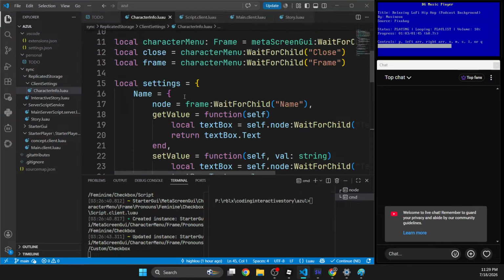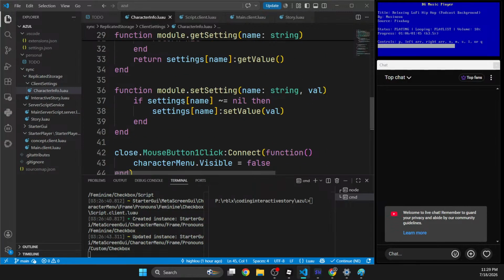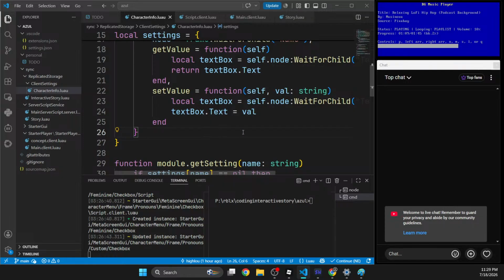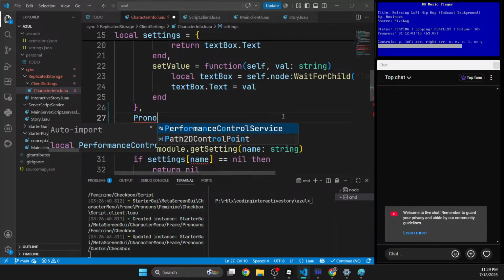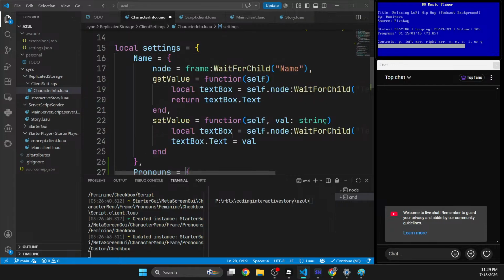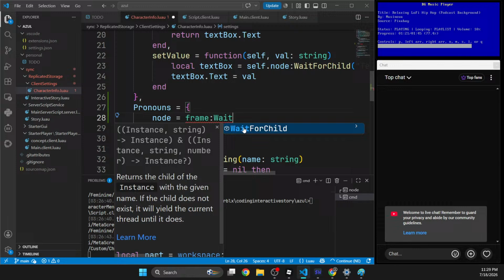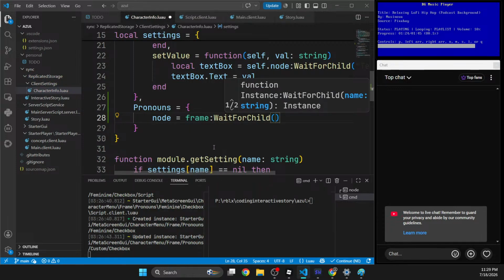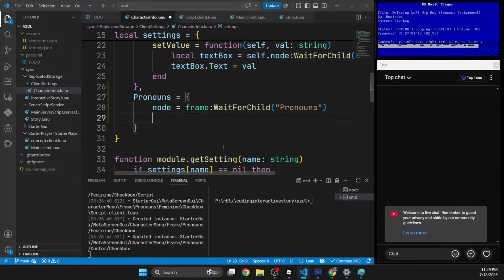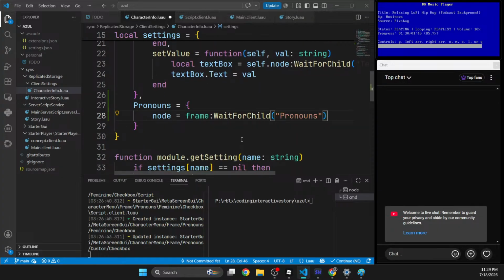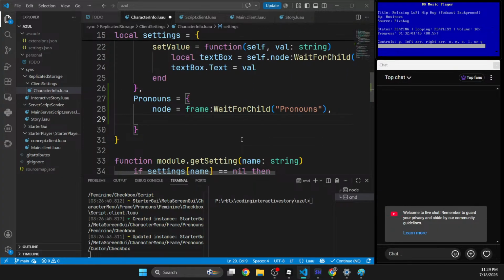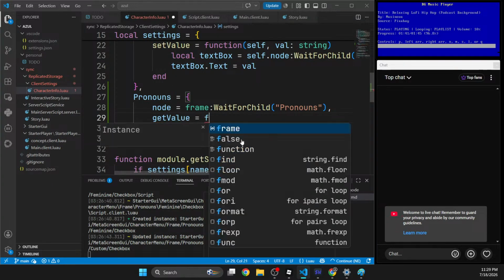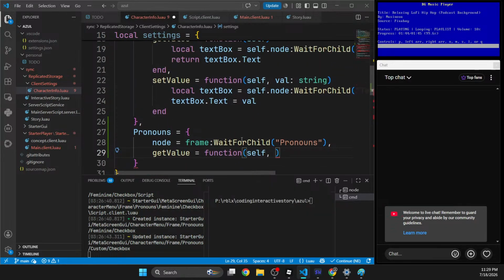Okay, so now what I want to do is, when we're setting certain things, we're gonna have pronouns. So we're gonna have a node, which is gonna be frame wait for child. What is it? Oh, it's just called pronouns, I think. And then I'll have get value and set value. It's a radio kind of thing. So rather than just get value, actually no, I guess get value can return a table. So self,